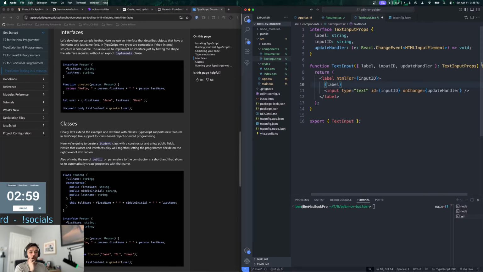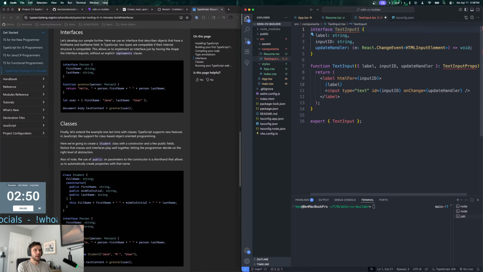Text input, L or I? Oh, interface. Like this. Like that? Fair. I don't know the conventions, to be honest with you. I might say I'll just do props just because then I know what it's for, right?